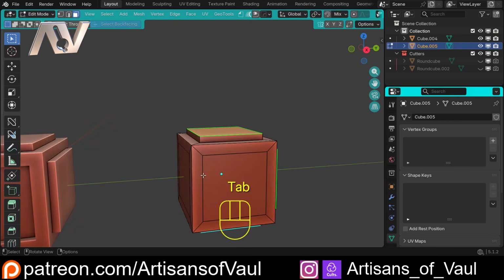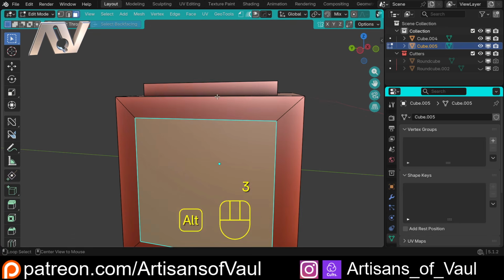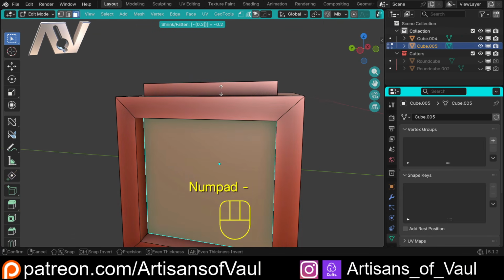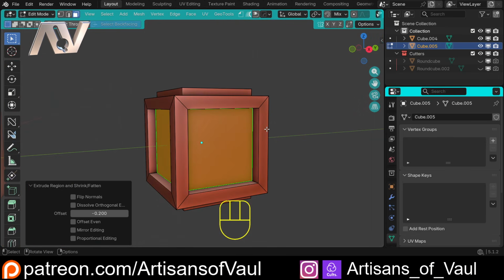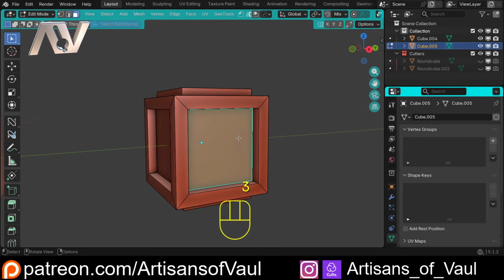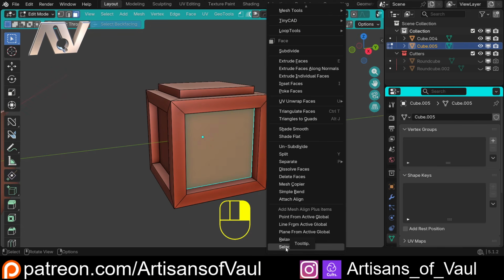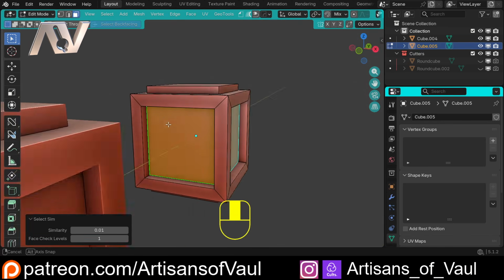Now, if we come to this one and do the same thing, except this time I'm going to Alt and E and extrude faces along normals and do this 0.2 minus. So that is a different distance. With the add-on that I covered previously called Select Similar, let's just select that face. If I right click, go down and click Select Similar, that has worked out that I only want these faces